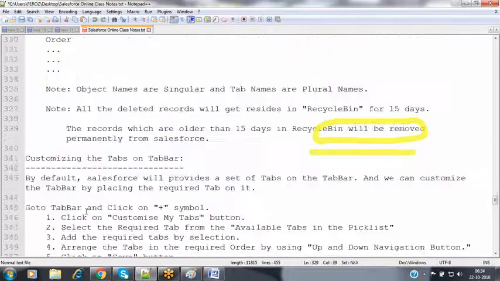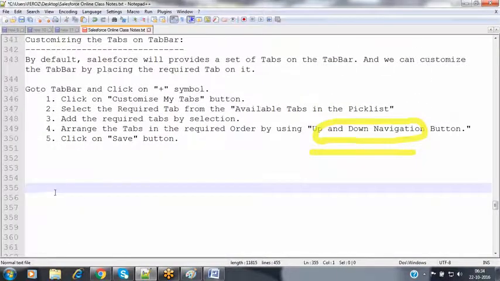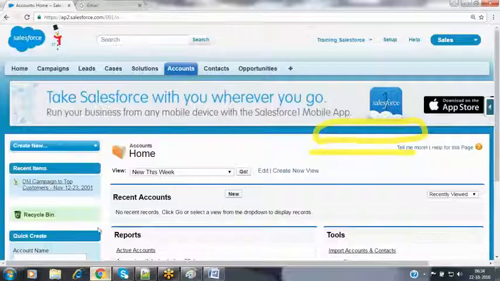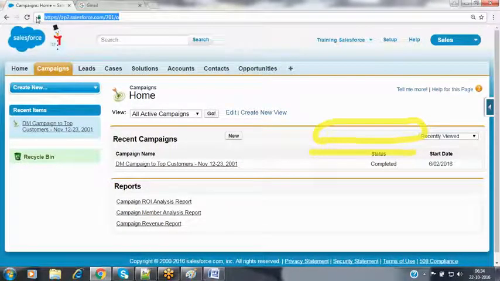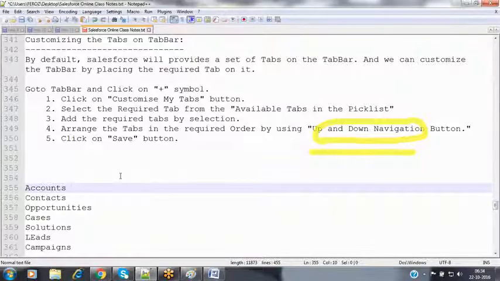I'm copying this information and pasting it over here. Now I'm clicking on the campaigns tab. Whatever URL is available in the address bar, I copy the URL and paste it over here. This is for the campaigns.